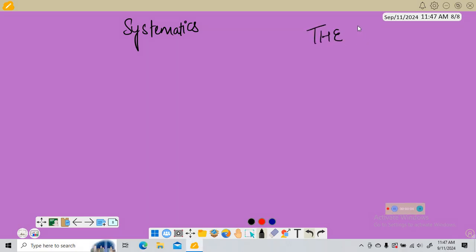So here now we'll discuss systematics. This comes under the chapter The Living World. Till now we have studied nomenclature, identification, classification, and category, that means taxa. Along with taxa we have a term, systematics. So this is basically what? This is a branch of study